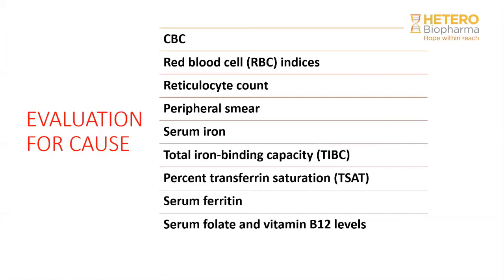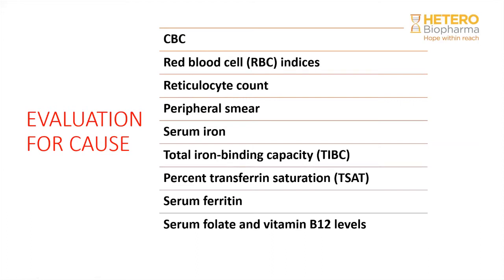As part of an anemia evaluation, this is what in practice we all would do. We would get a full blood count, or red cell indices, and a retic count. The retic count not only tells you what the erythropoietin response is, but also whether there is ongoing hemolysis or ongoing blood loss. So, what is the response of the bone marrow? The retic count is an important marker in evaluating anemia.